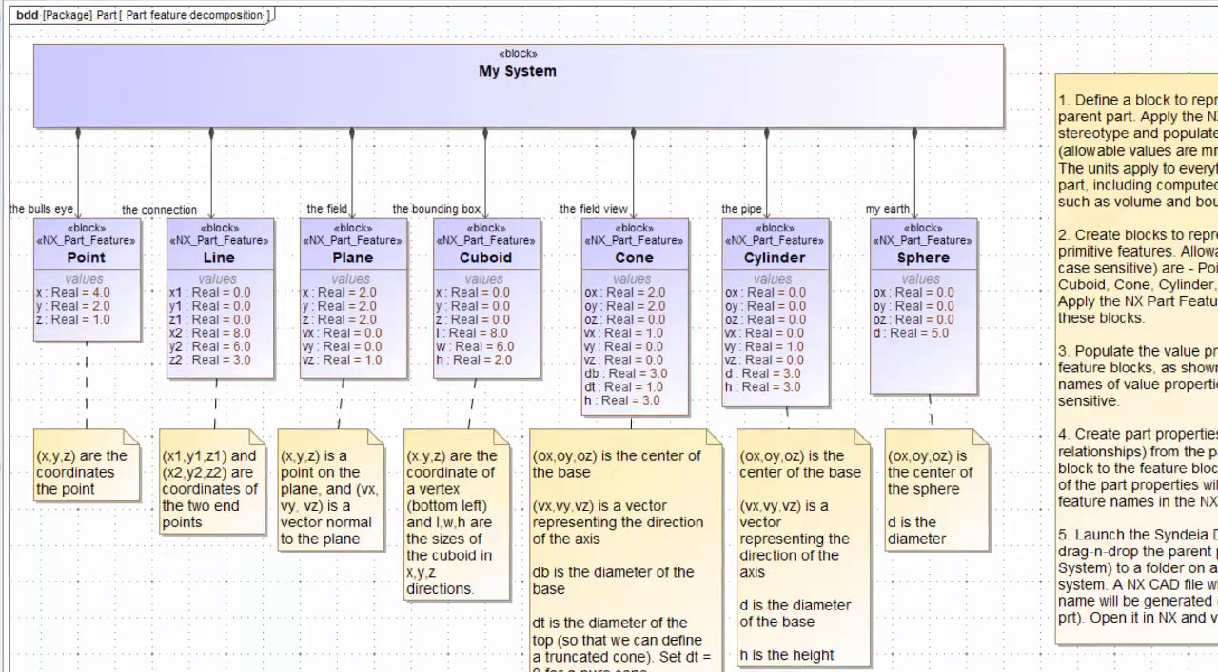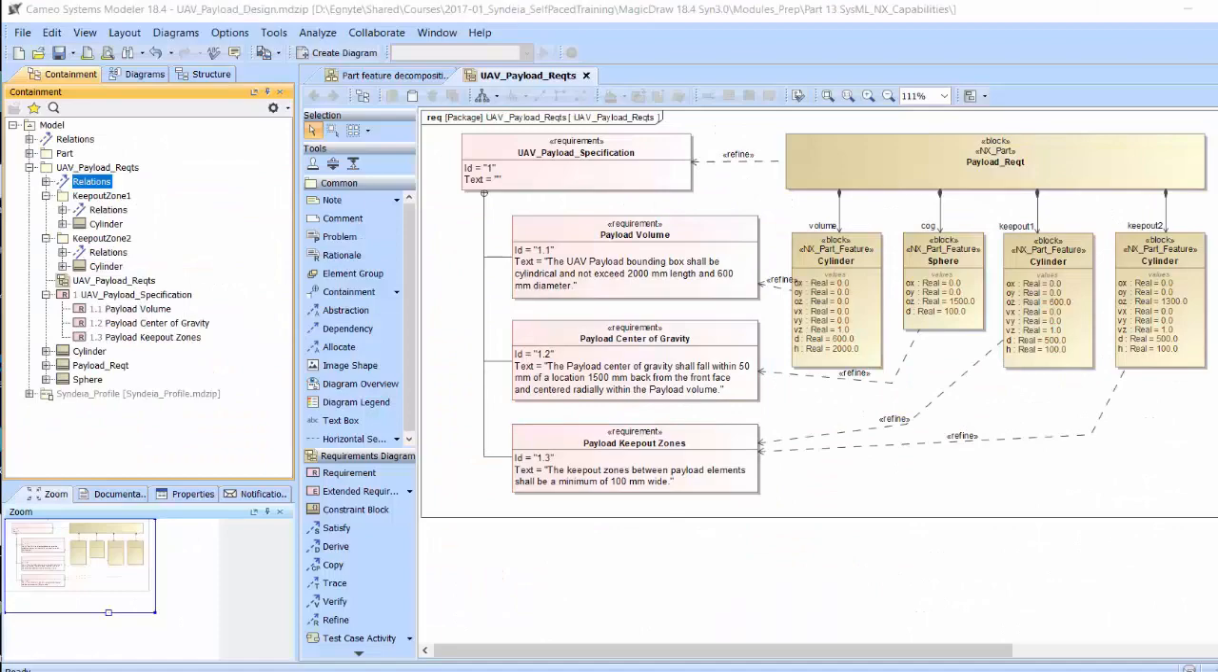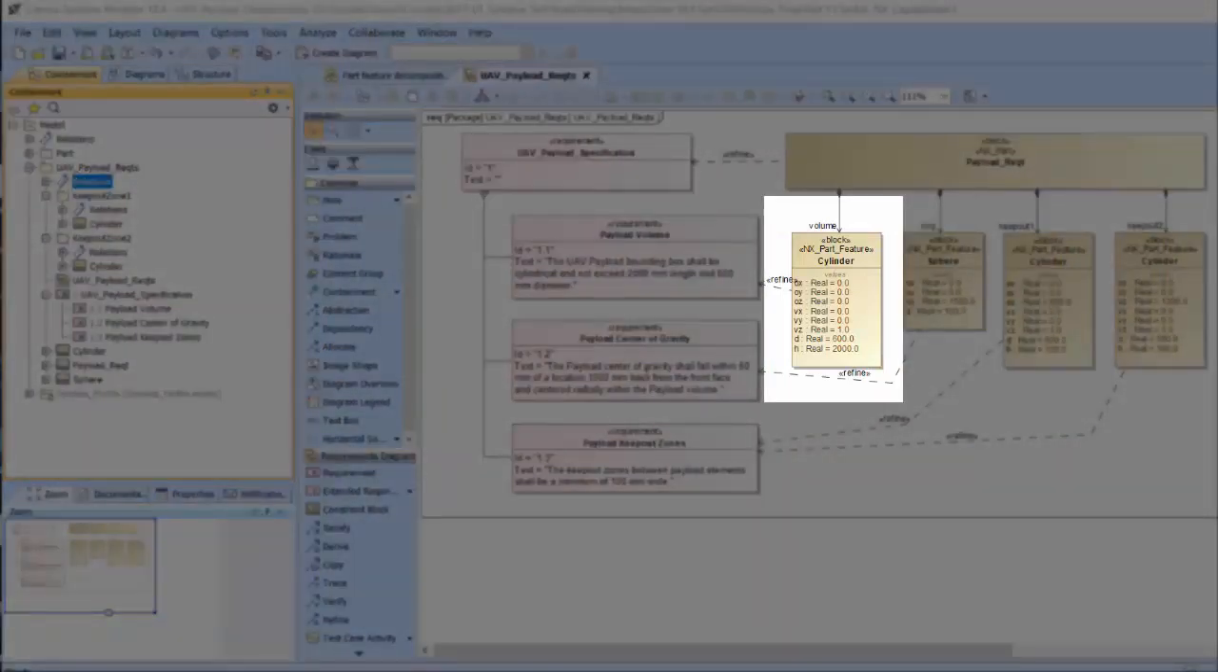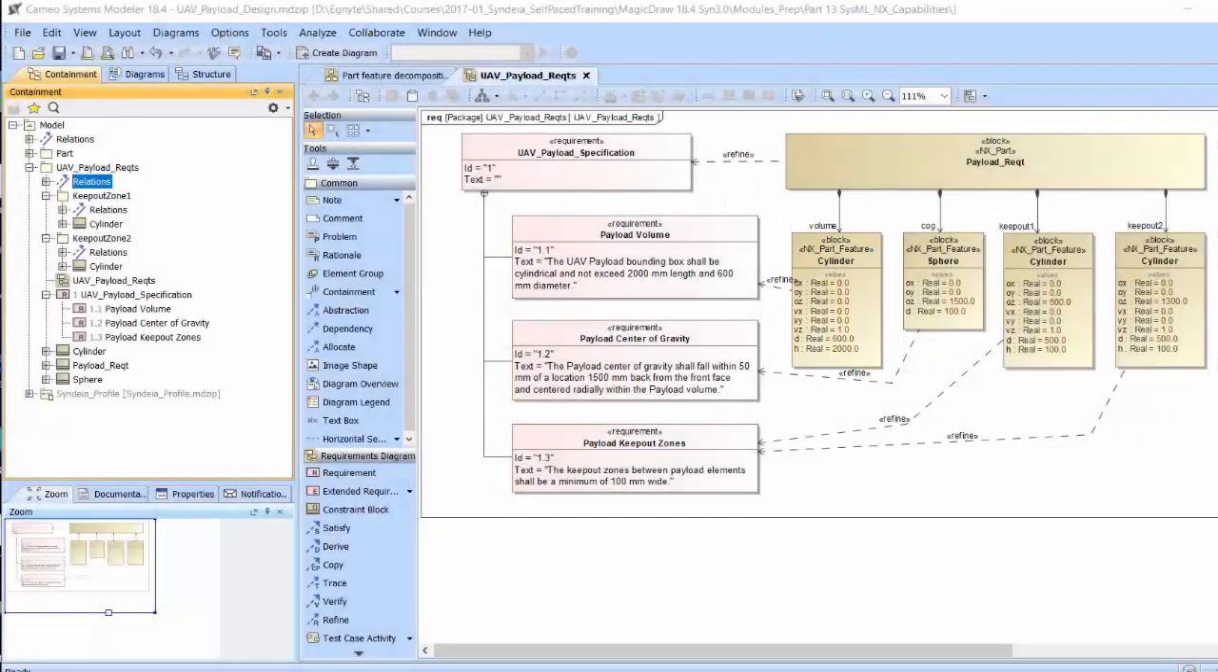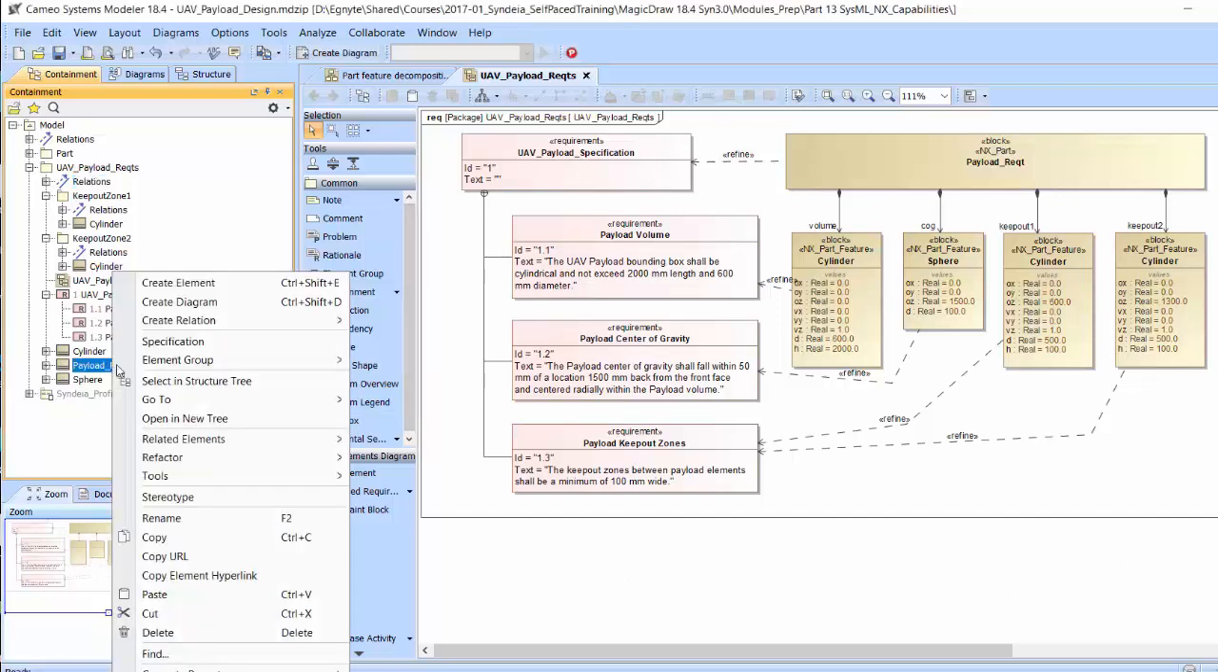Returning to our payload requirements, the bounding box cylinder has an origin at 0, 0, 0, a vector orientation along the z-axis, a diameter of 600, and a height or length of 2,000. Syndeia recognizes 2 units for such dimensions, millimeters or inches. This is set as a tag value for the NX part payload requirement and carries over to each of its features. If we open the specification window for the payload requirement block,